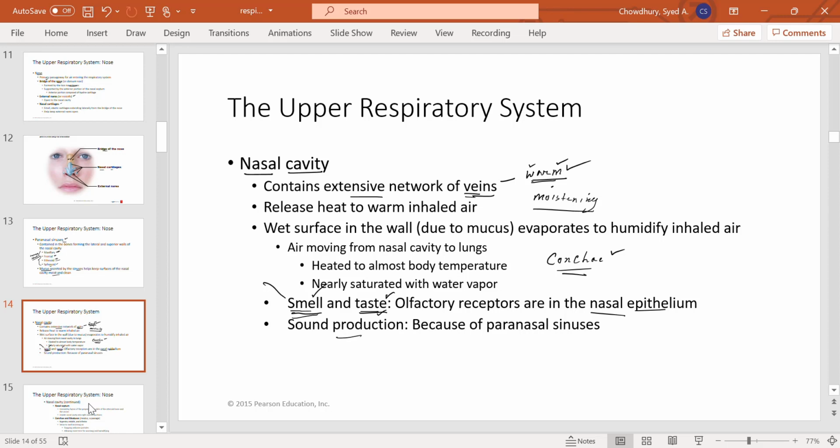And production of sound, we know that the nose plays some important roles in the sound that you produce or the speech you produce, and you can easily test it: if you hold your nose and speak, the sound changes. Also, when you get cold, the nose gets closed, so the sound you produce changes. The sound of speech changes. So the nose also plays an important role in the production of sound.